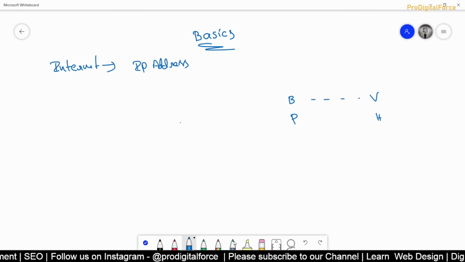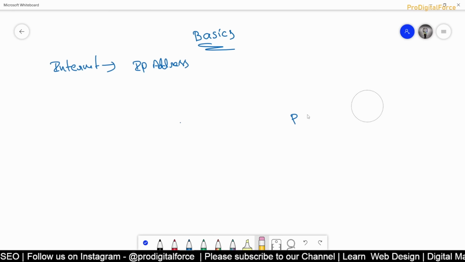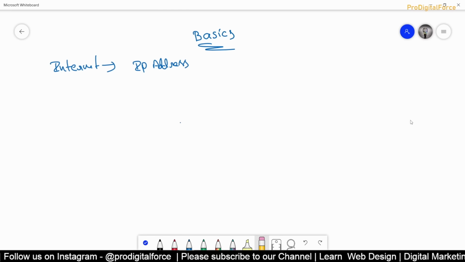So you guys understood how the internet is connected? Basically, the internet is a combination of millions of networks coming together. In layman's language, you have your own network in your home, I have a different network here. These networks coming together, like us, there are millions of networks across the globe. All these networks coming together is the internet. That's all. Now this internet, how will I identify?